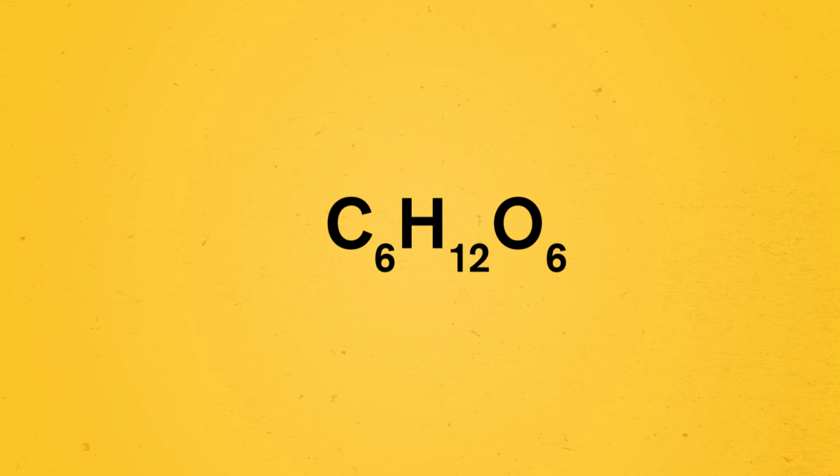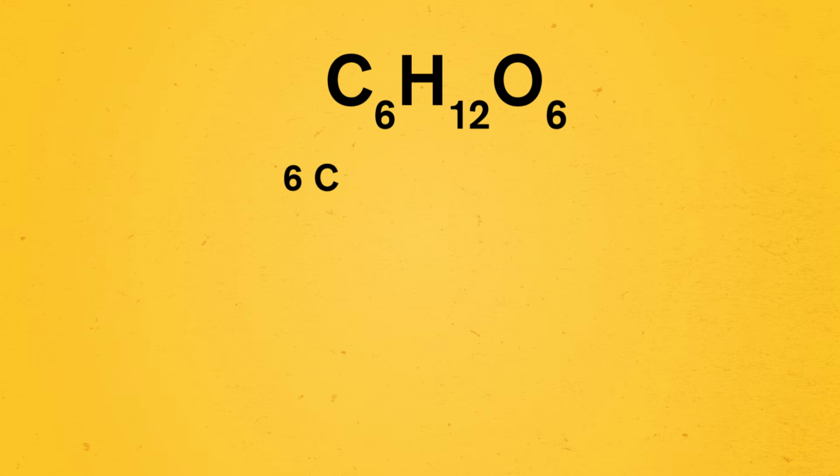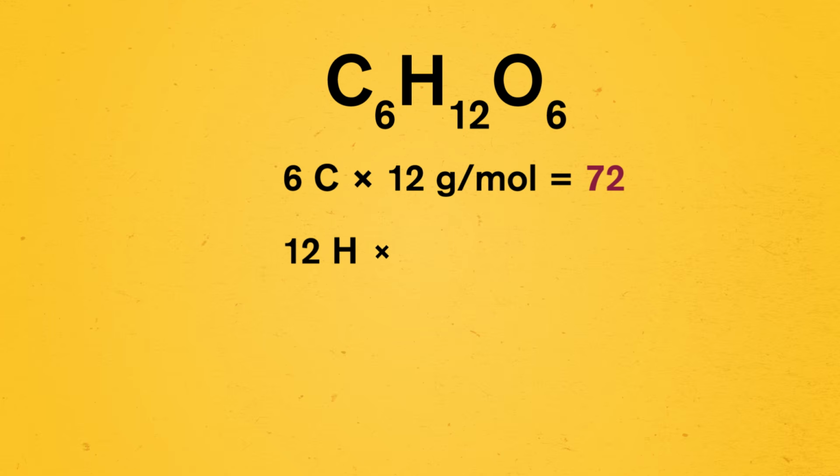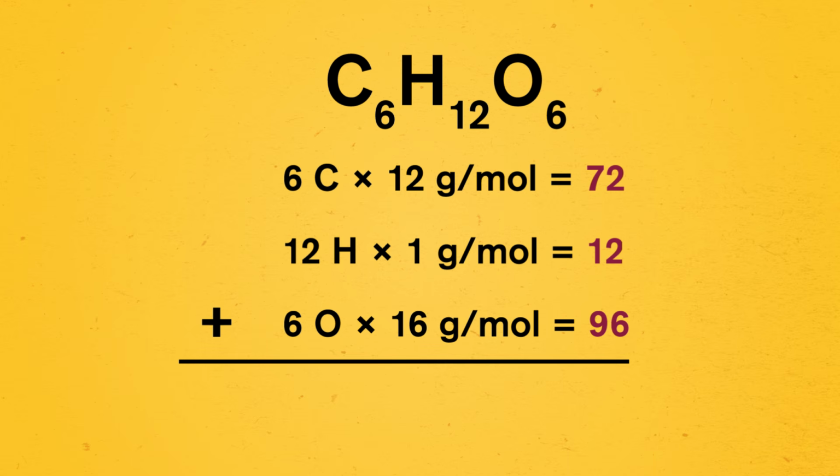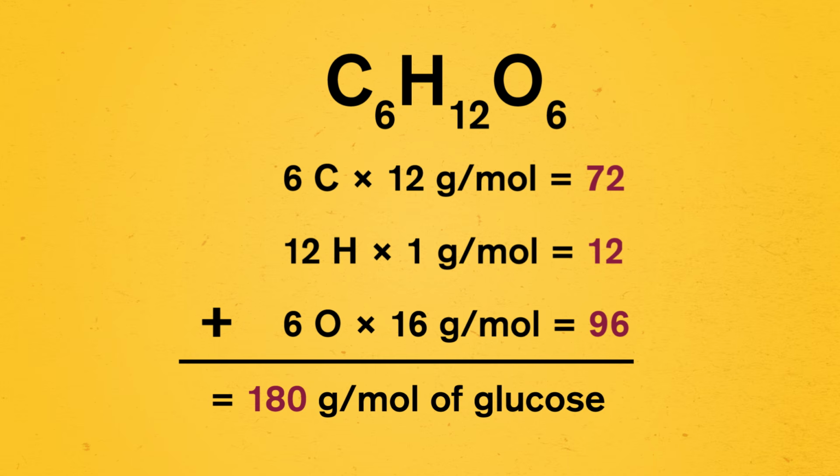For example, if we wanted to find out the molar mass of glucose, or C6H12O6, we need to add up each of the atomic masses of the elements that make up this chemical structure. We'd have 6 carbon atoms multiplied by 12 grams per mole, 12 hydrogen atoms multiplied by 1 gram per mole, and 6 oxygen atoms multiplied by 16 grams per mole. If we add all that up, we'll get the molar mass of glucose, which turns out to be 180 grams